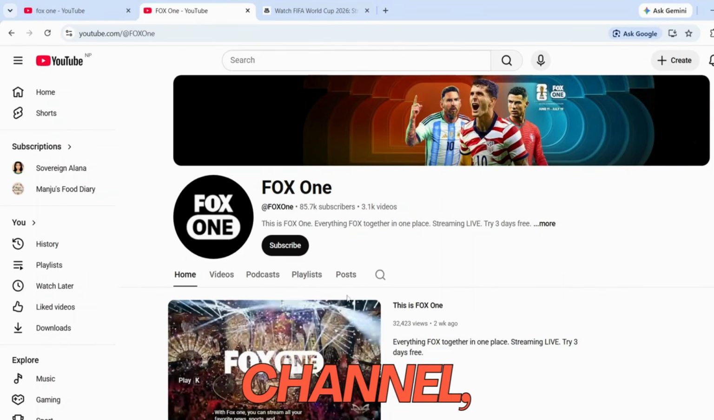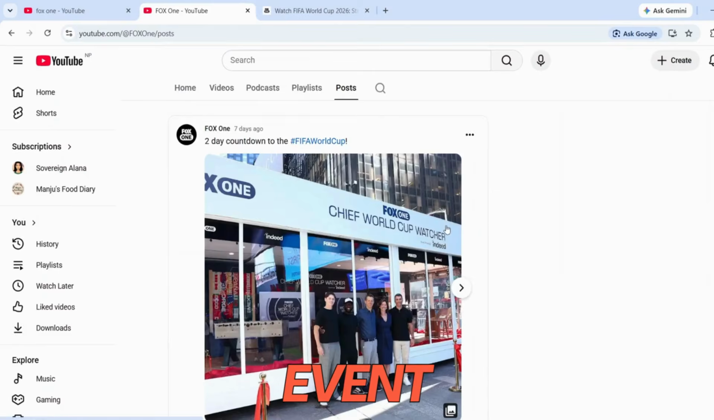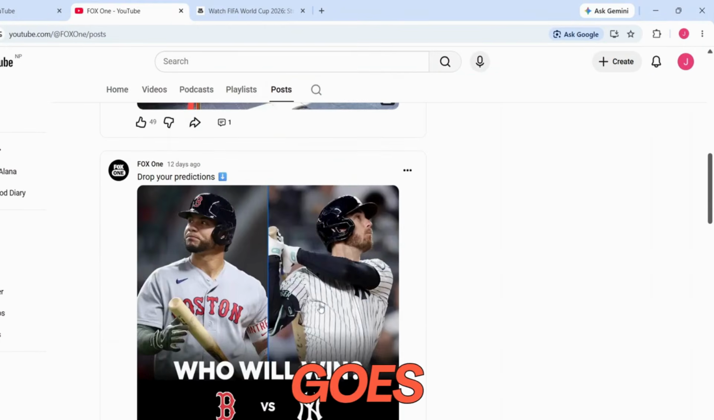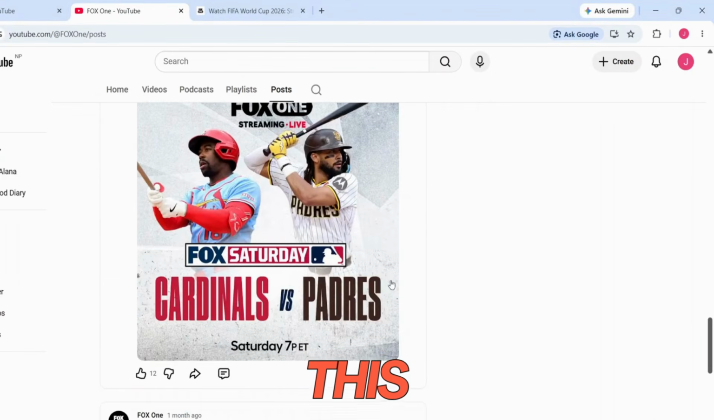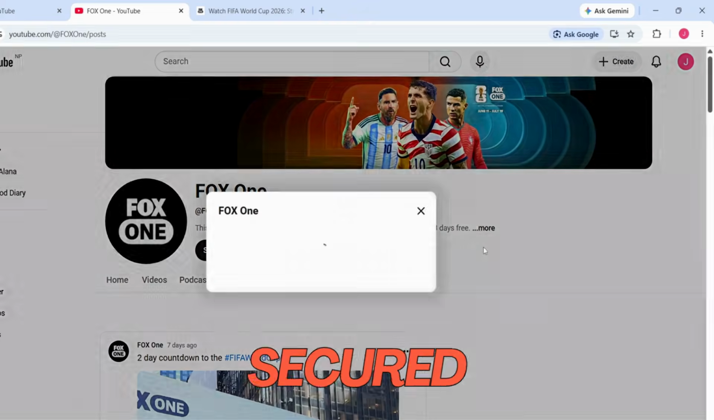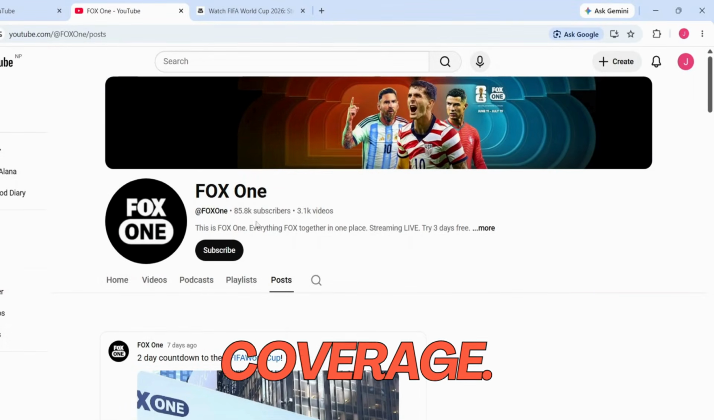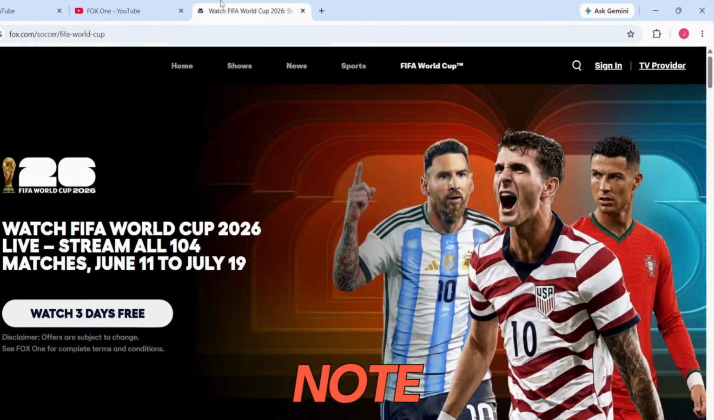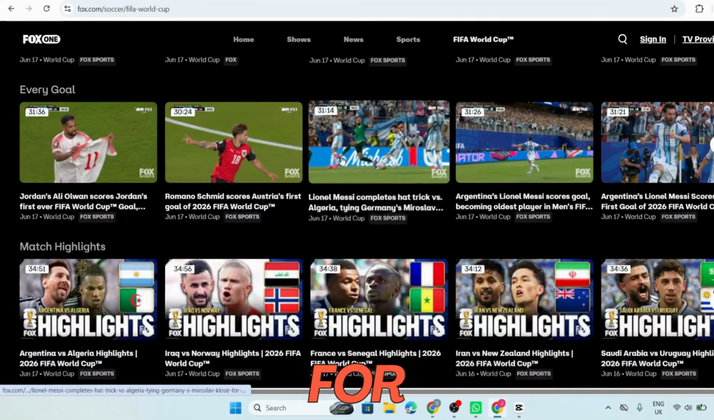Once you open the channel, you'll be able to see upcoming FIFA World Cup match schedules and live event listings. When a match goes live, simply visit the channel and start watching directly from there. This is a fully official viewing method, as Fox 1 has secured broadcasting rights through an agreement related to FIFA World Cup coverage. Please note that availability may vary by region, and this viewing option is intended for audiences in